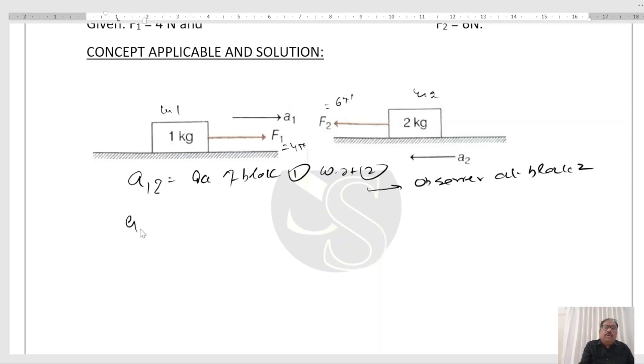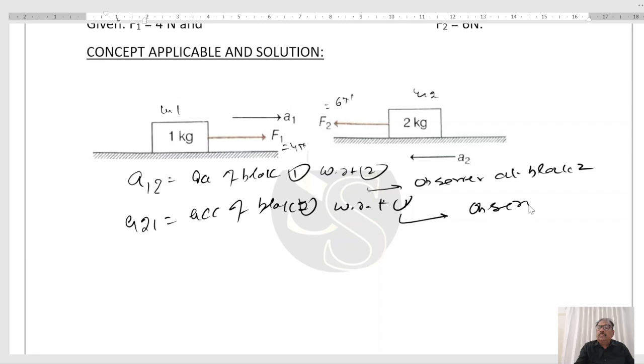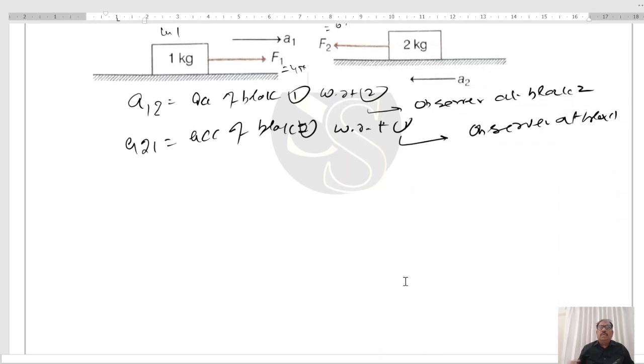And we have to find A21, the acceleration of block 2 with respect to 1, with the observer at block 1. In this case, I am going to clear the concept of FP,